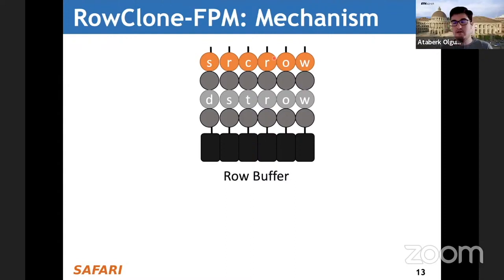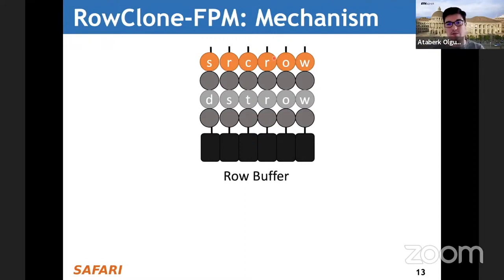So we have seen the organization of DRAM in the previous slides. This is another view of it. So we have a single subarray here. On the bottom, we have the row buffer or the sense amplifiers, and the cells here form DRAM rows. So we have the source row and the destination row, and what we want to do is to copy the source row to the destination row.